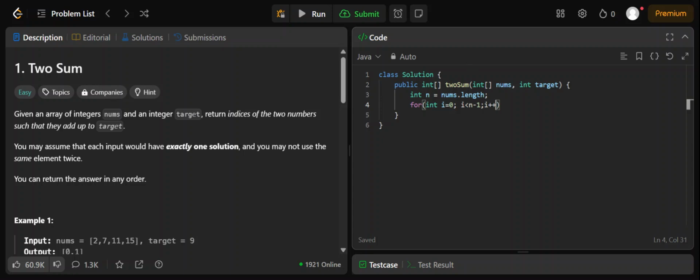Now let me provide some space so that it is clear for you, and here one parenthesis. Now we have to run one more loop so that we can compare the values to and fro.